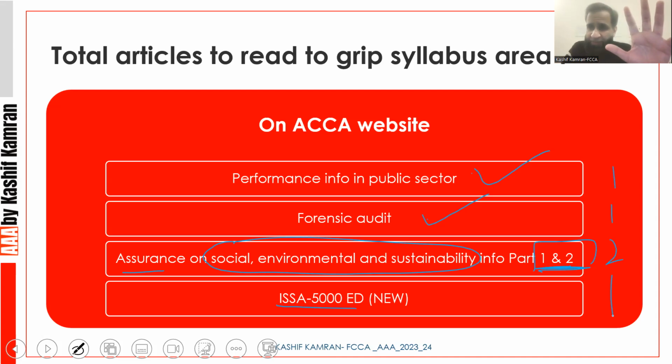Do the key questions. Do the question I recommended to you for sustainability assurance, the December 10. And if you make a timetable, you focus on everything which has been guided to you in the quick grasp of syllabus areas A, B, C, syllabus areas D and E, and now syllabus area F. You will be preparing yourself in the best possible manner for the upcoming exams.